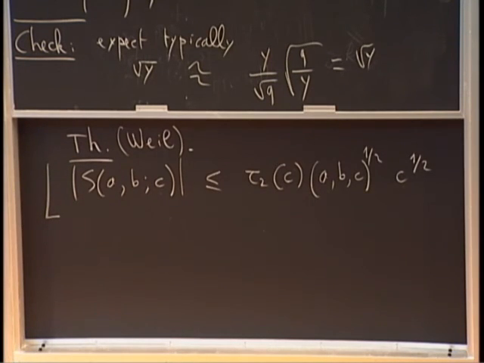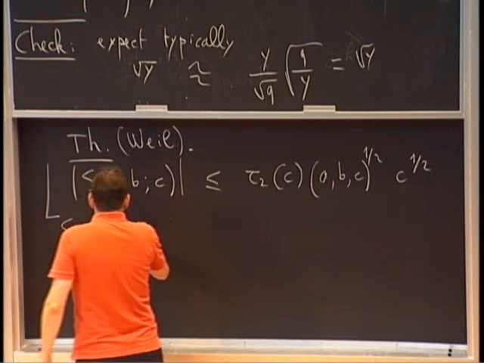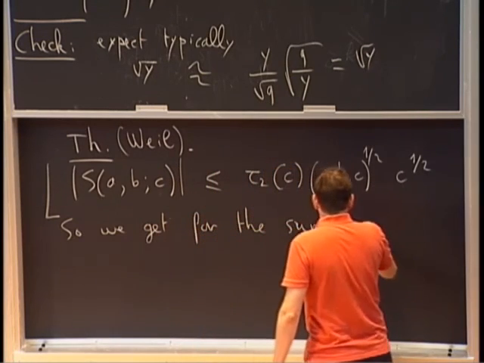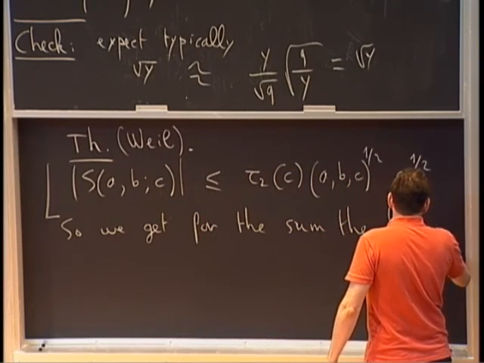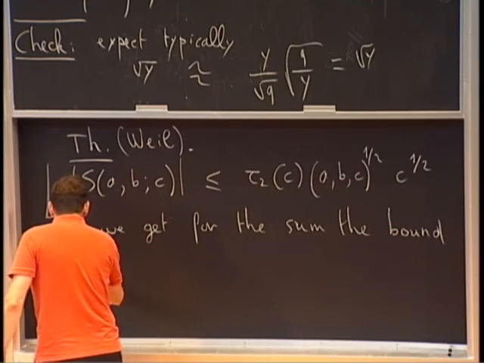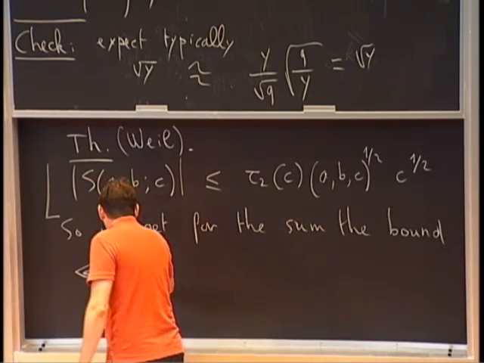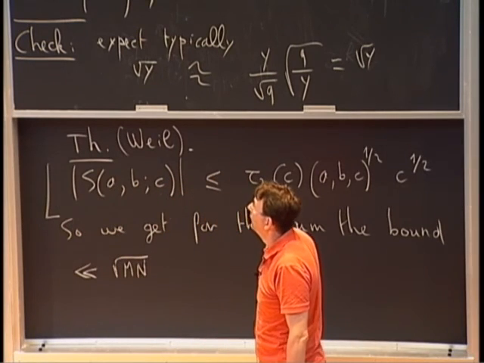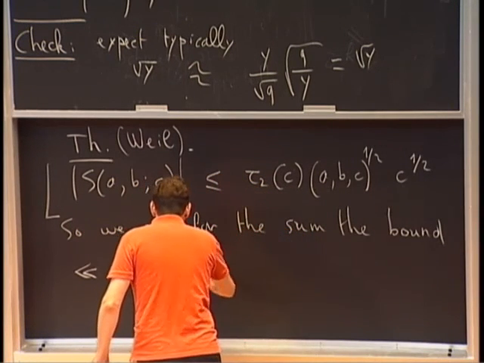Now, if you apply this bound here, so the k hat is 1 over q times the Kloosterman sum. So we get, for the sum, the bound. I'm going to pull back the square root of mn that I used in this symmetric expression to the right-hand side, because I just want to understand the sum of km. Then I have square root of mn again